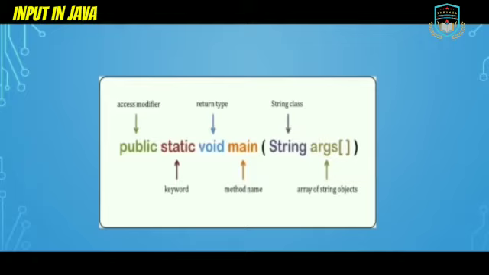Now, what is public? Public is a keyword and static is a keyword. At the same time, it is the access specifier. And void is the return type and main is the method name or function name that is already predefined by the compiler. Now, String is a data type. At the same time, it is a type of class, meaning a predefined class.